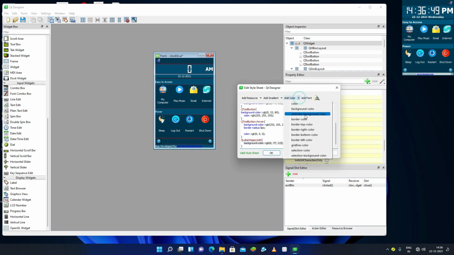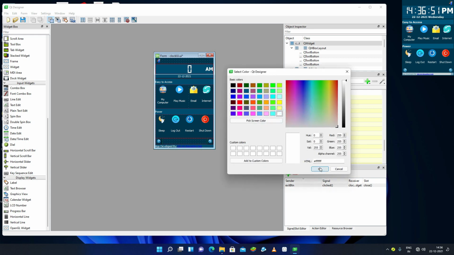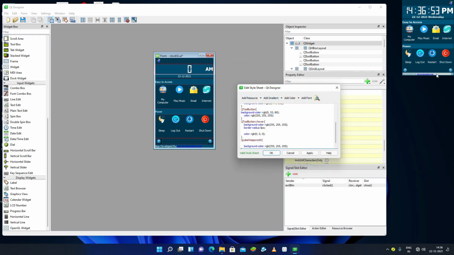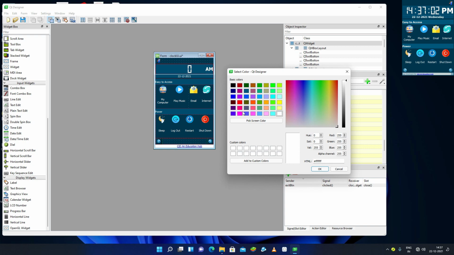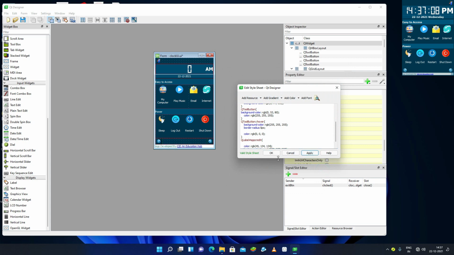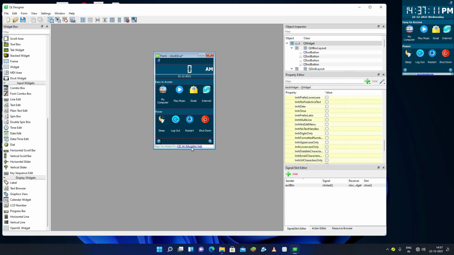I want background color as white, because this is the white. As you can see, this is white on the right side. In our application, this is white, so I can change it to white. Let's change the font color, and font color I want as something like this, right? So let's apply. So now this is okay. App developed by this. Okay, so we have done, guys. Now let's save it. So guys, we have done making of the GUI of our application, and in the next video we'll learn the backend of this application.